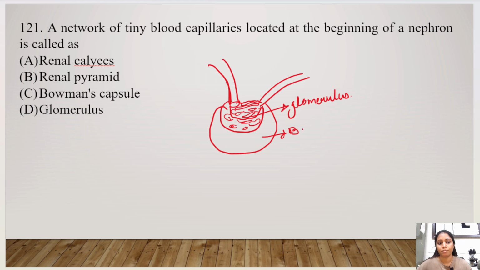This is Bowman's capsule, which filters the blood. So option number B is the correct answer. If we talk about renal